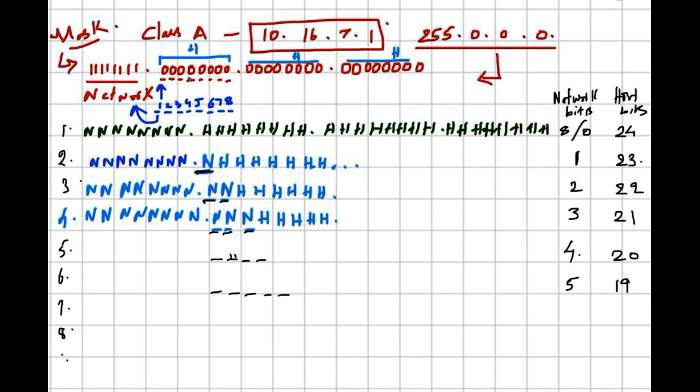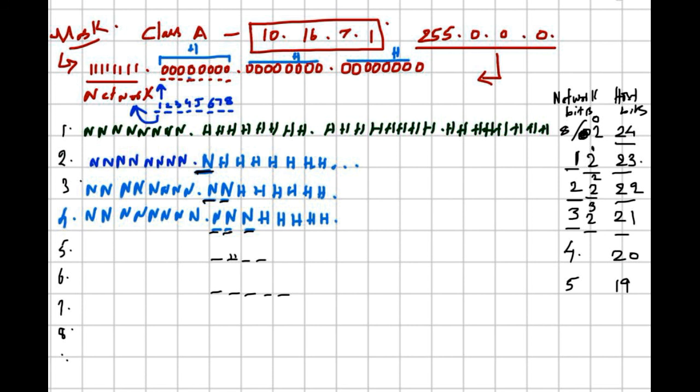In this way more subnetworks are possible. Here there are 0 bits borrowed, we haven't borrowed anything, so only one network is possible. We have borrowed 1 bit from the host bits, so 2 subnetworks are possible. We have borrowed 2 bits here, so 4 subnetworks are possible. 3 bits here, so 8 subnetworks are possible. So you see from this, the number of subnetworks increases and the number of hosts within each subnetwork decreases. So this is more manageable.